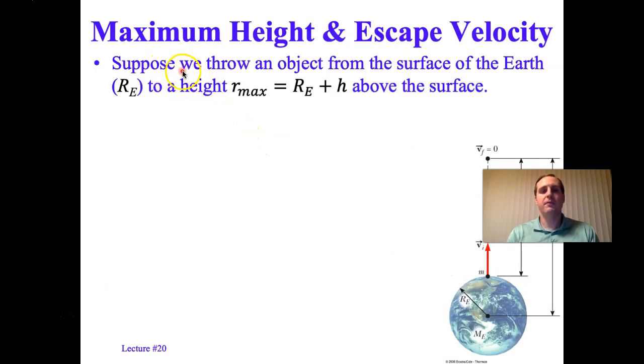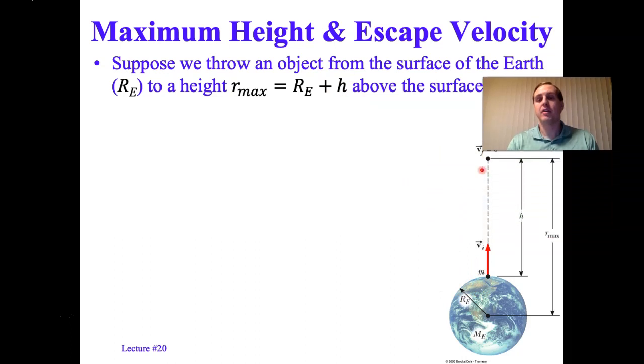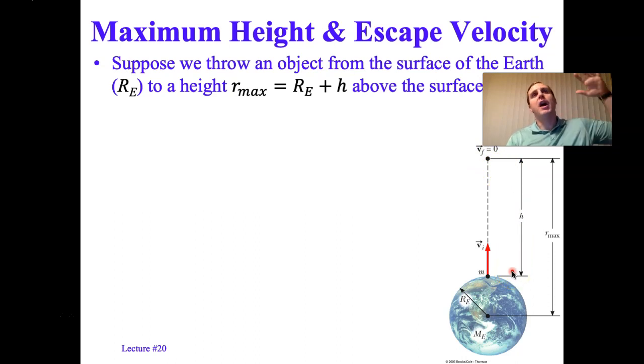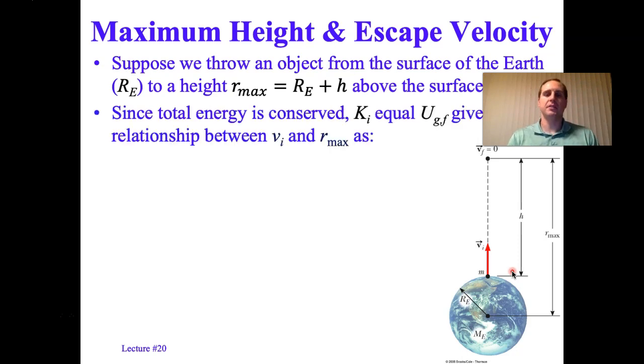So suppose at first you try to throw an object from the surface of the Earth, which is at the radius R_E, to a height R max. And R max is the radius of the Earth plus some height h above the surface. Now, by the way, let's assume that you're throwing the object high enough that the gravity force depends upon radius, but it's still going to come back to the Earth. Since the total energy is conserved,